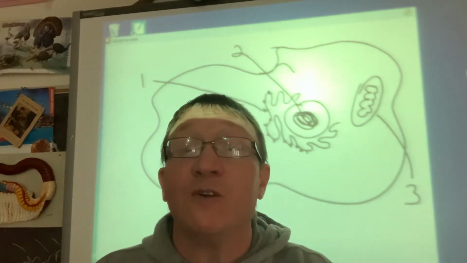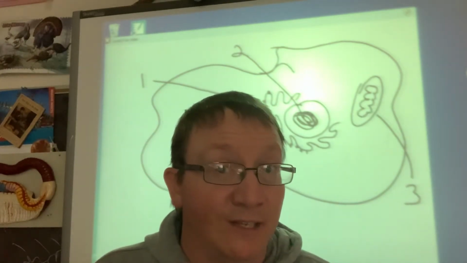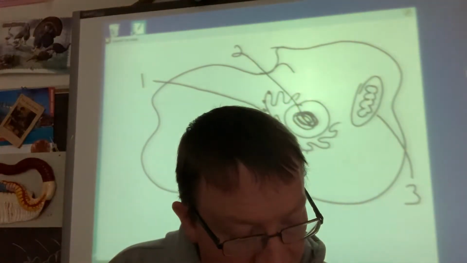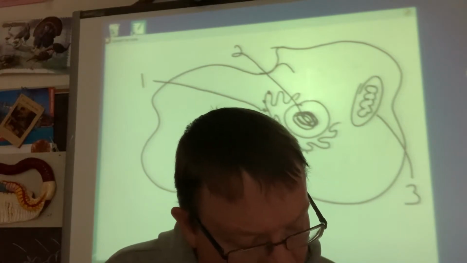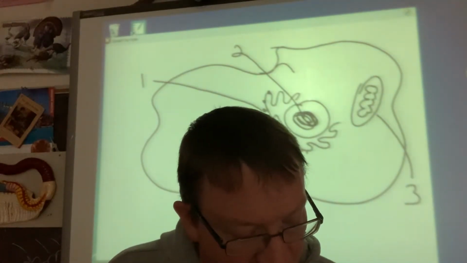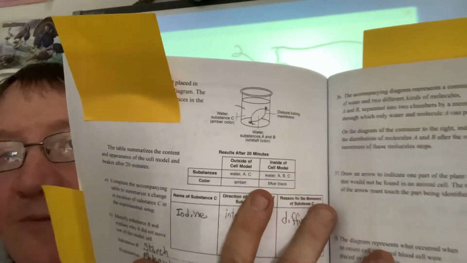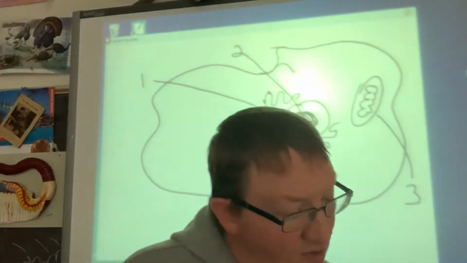Watch the attached video that I put on. The guy on YouTube does a really good job explaining this. But anyway, you had to fill out the chart, and on that chart it said complete the accompanying table to summarize a change in location of substance C. Let's see if I can get that focused. It's all going to be reversed, of course. But anyway, substance C